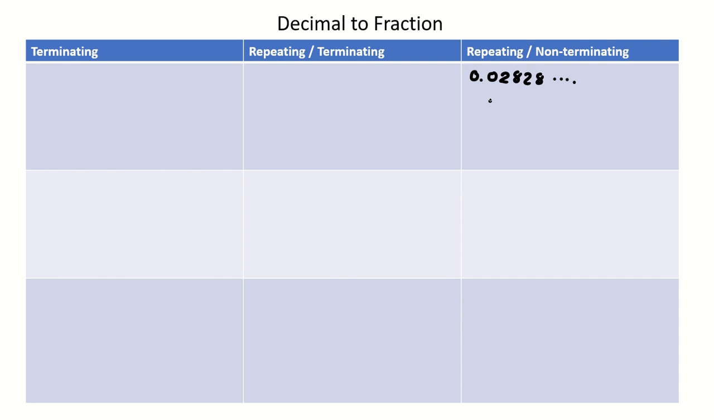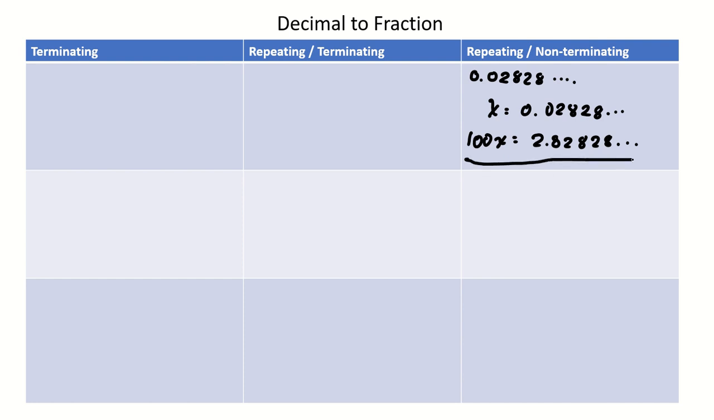Okay, so what we'll do is we're going to assign this the same method actually. x is equal to 0.02828, etc., two decimal places repeating, so two zeros, and then we're going to multiply this also by 100. So that's going to be 2.82828, etc. Okay, subtract. 100x minus x is 99x